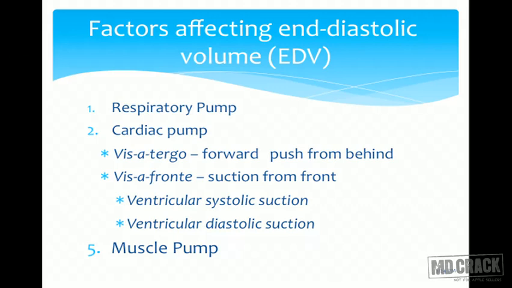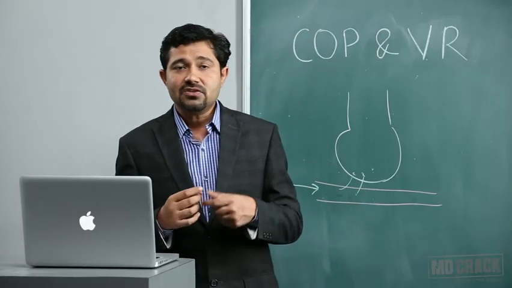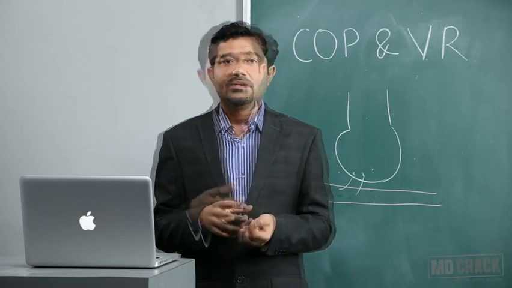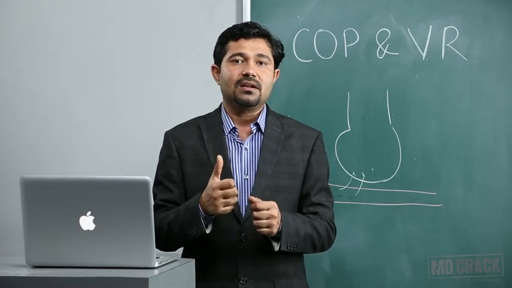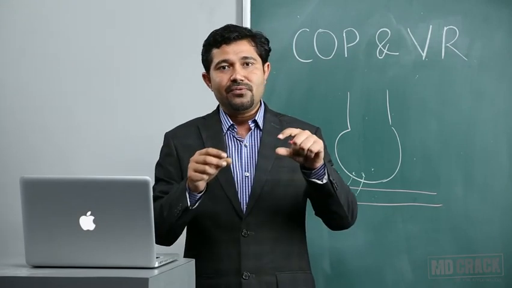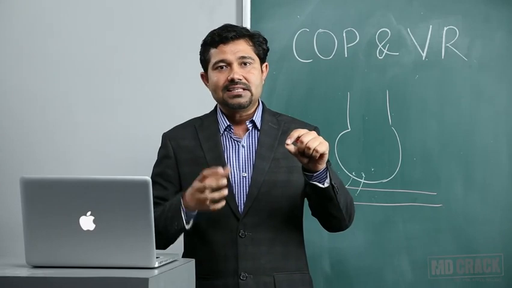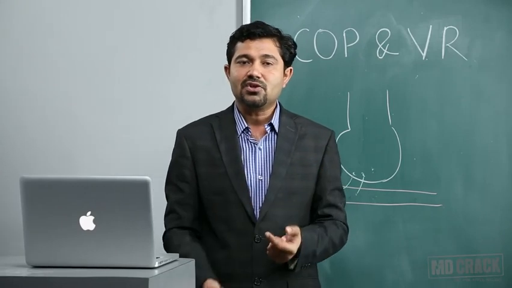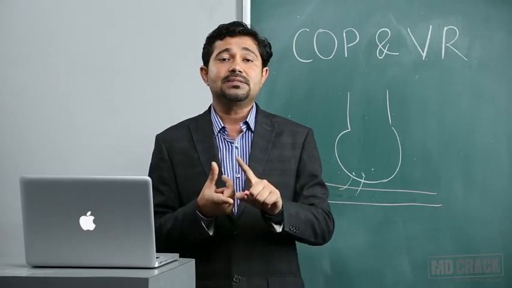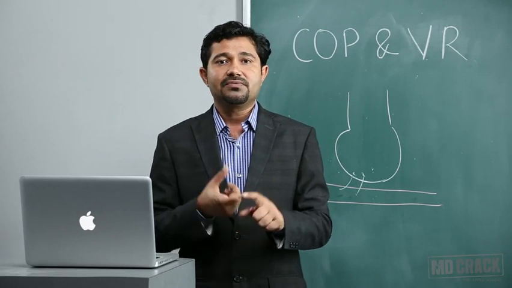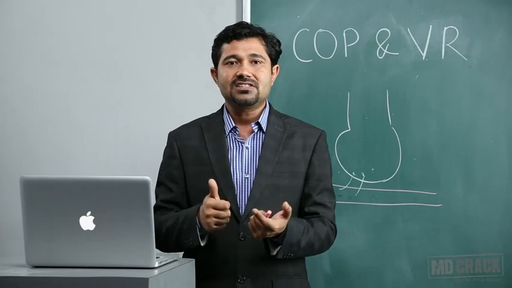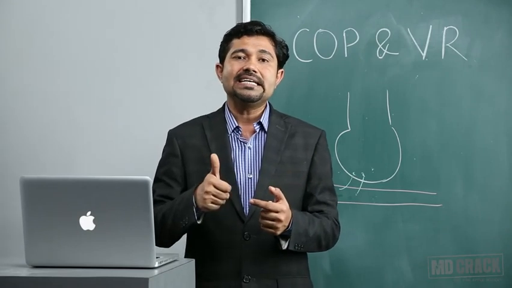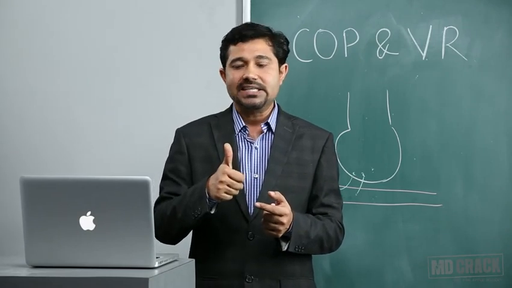Another factor which increases the venous return is the muscle pump. Now you might have studied that the most important way by which the blood flows through the veins is because of the muscle. The deep veins lie within the muscle, and as the muscle contracts, especially your gastrocnemius and soleus muscles, they are called peripheral hearts, because whenever they contract, they push the blood upwards. So this is called the muscle pump, and in that case they will increase the venous return.